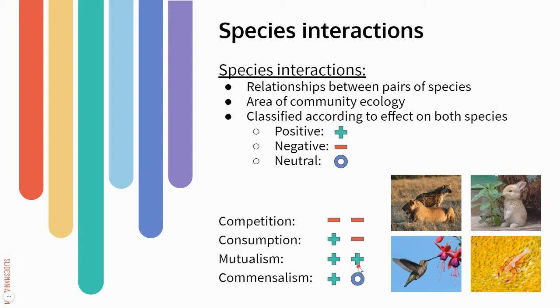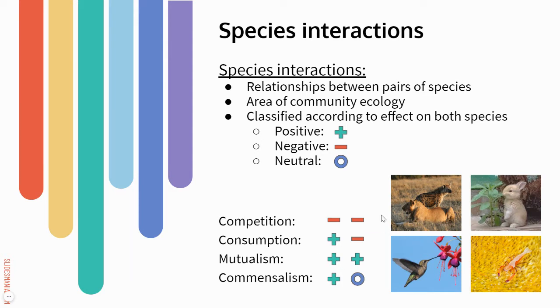The sort of best case scenario would be called mutualism, and that's when we have a positive effect on both species. And the example we have here is pollination. So the flower gets its pollen spread, and the pollinator, in this case the hummingbird, gets a meal. And then finally, we have commensalism, and this is where we have a positive effect for one species and no effect on the other. So it's not harmed, but it's not getting any benefit either. And the example we have here is a shrimp and a sea cucumber. The shrimp is using the sea cucumber for transportation. It's getting to sort of ride around on it,